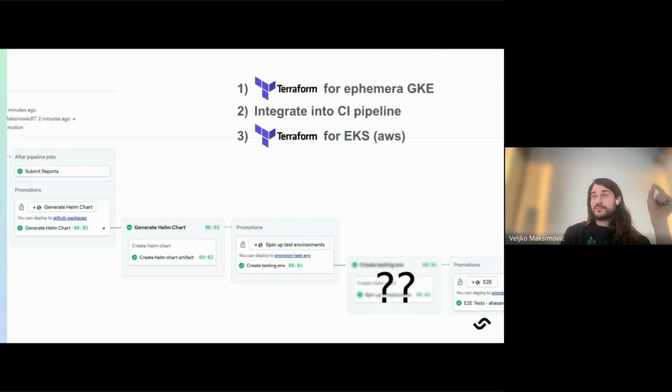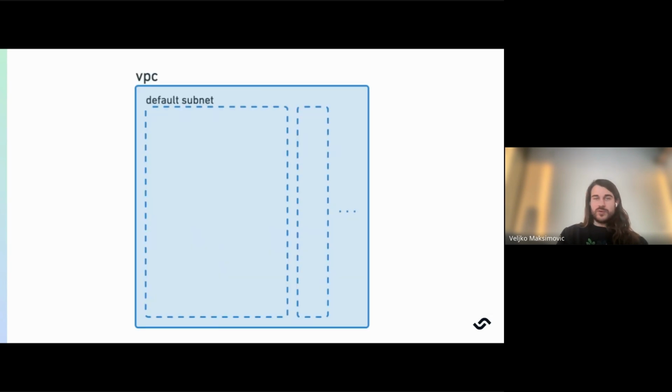On that topic, how much can we actually strip down from that starting point of a production Terraform we had? Turns out a lot. We have over 270 different resources in our GCP. And for this ephemeral environment, we were able to boil it down to like 5, starting with the VPC, which